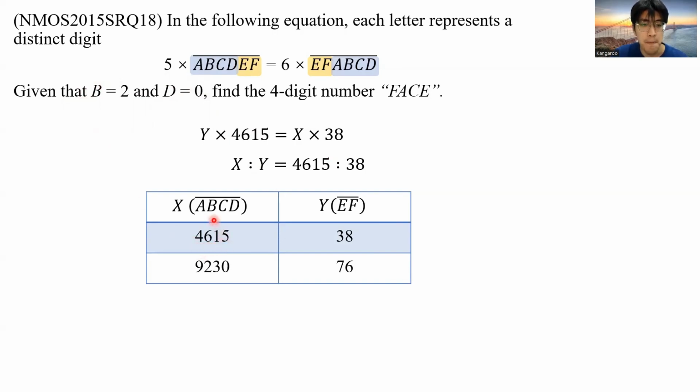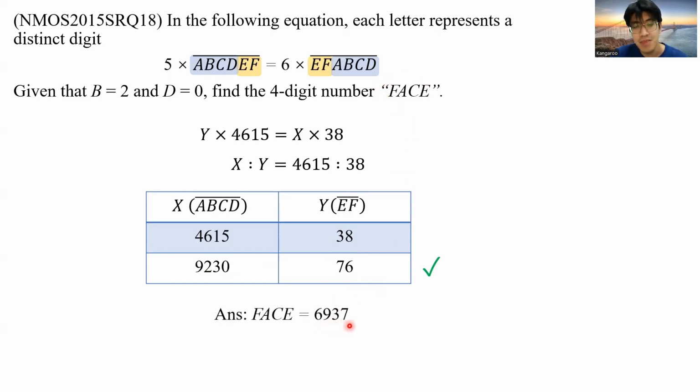4615 corresponds to B equals 6, so this one is not possible. And for 9230, B equals 2, that's good. D equals 0, that's good. So we're only left with this possibility right here. Since this is the only possibility, we know ABCDEF must equal 923076. So what is the 4-digit number FACE, F-A-C-E? That will be